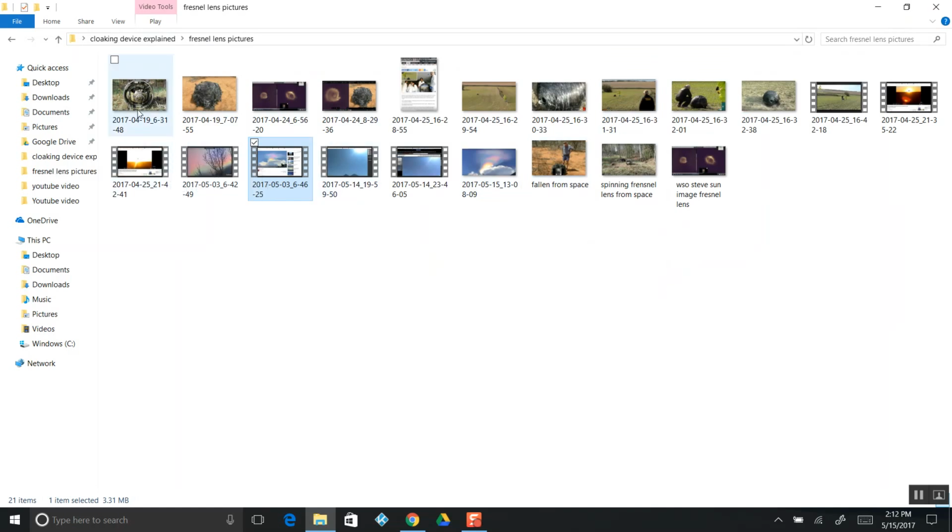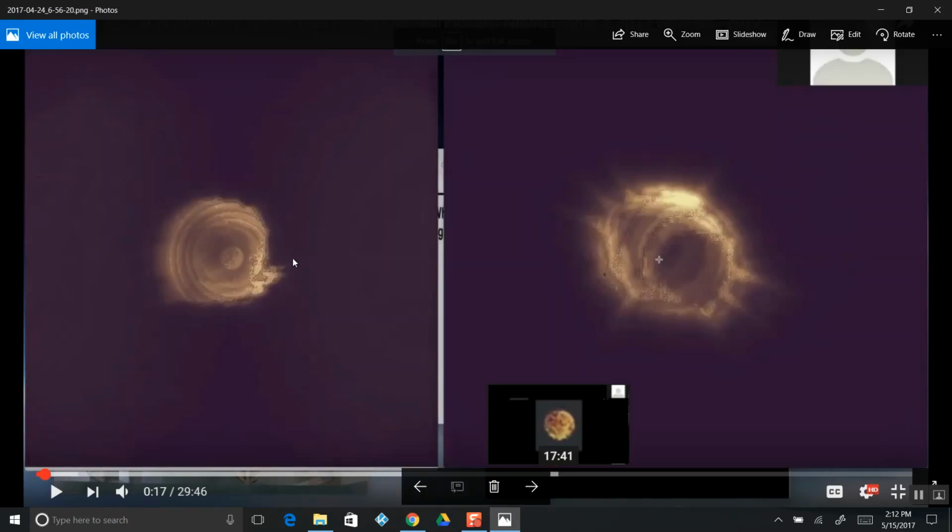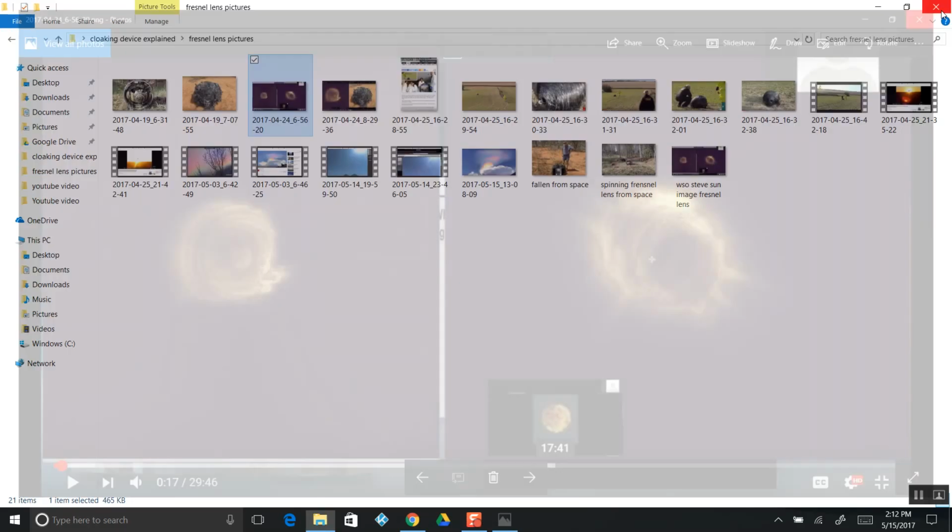Now let's look at what I believe are pictures of the very Fresnel lens itself. This is from the WSO Scotty YouTube channel. This thing, I believe, is the Fresnel lens seen at different angles. This was using an analog camera, not a digital one. Actually, it's film, and this was captured. If you got one, go take a picture of it. You'll probably see the same thing. Submit them to me. It'd be pretty impressive.